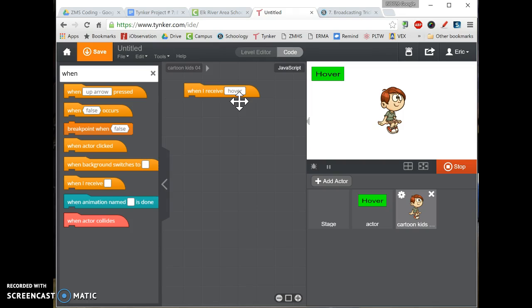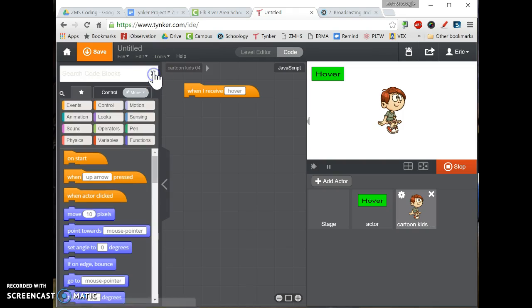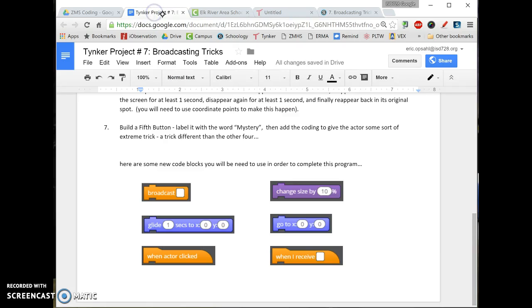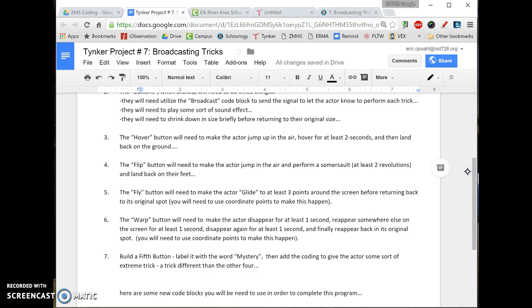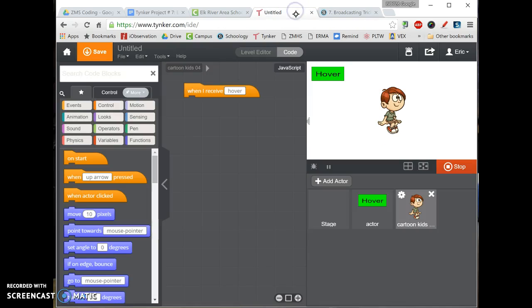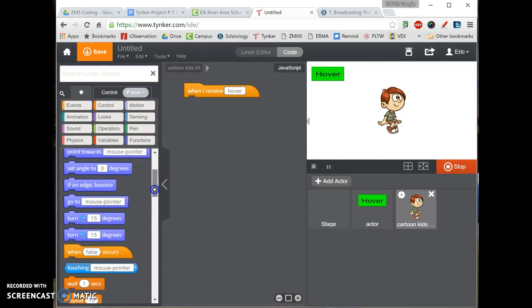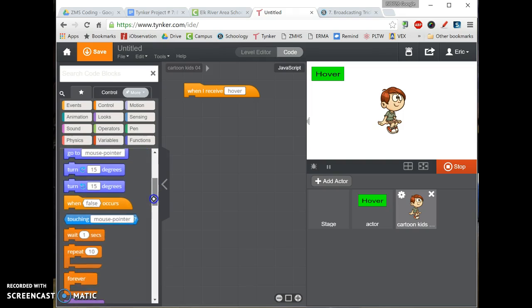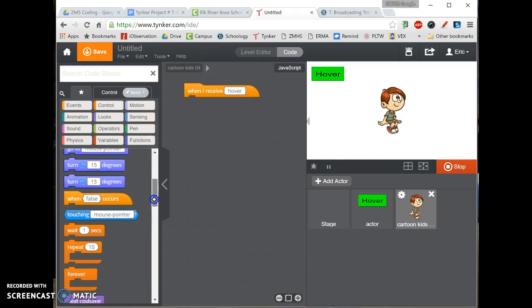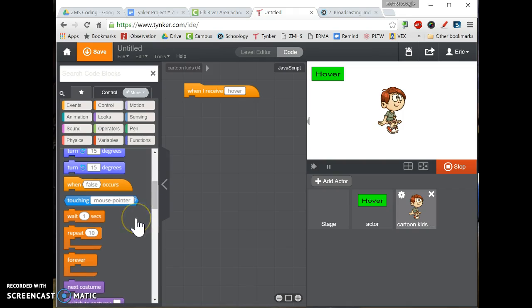Okay. What's the hover going to do? The sheet says it needs to, let's look at it again. Hover command says it jumps in the air, hovers for about 2 seconds, and lands back on the ground. Jump, float, and land. So this one, we'll make it sort of easy. There's a ton of ways to make this happen. I'm going to have this guy,